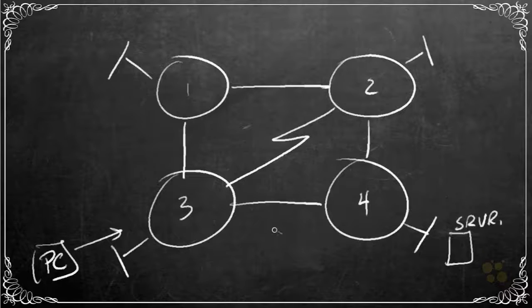So I would agree that if all these links, all these straight lines represent gigabit Ethernet all the way around, that the fastest path would be R3 to R4, no problem. But if we start adding information like these links here are gigabit speed, and the link between 1 and 2 is gigabit, and between 2 and 4 is gigabit, and